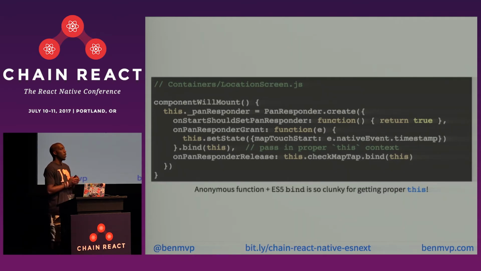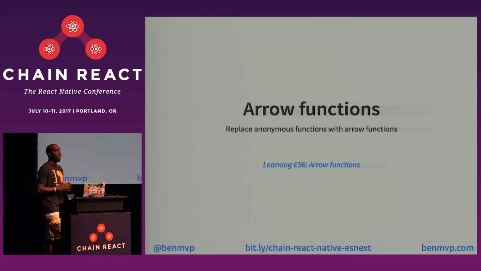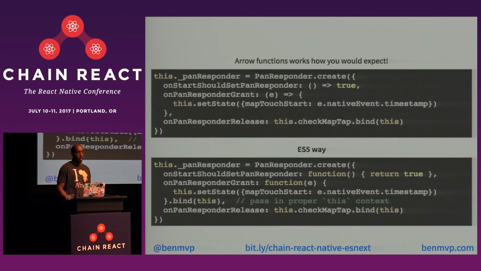So what's really annoying to me is particularly having to bind that this inside of an anonymous function. I wish there was something better that will kind of handle the this context for me. And that is exactly what arrow functions give us. So if we replace this code with arrow functions, it looks a lot cleaner, a lot less code, but then it also works functionally as well. Arrow functions are both syntax as well as functionality. So now in the arrow function, if we just want to return true, it's this simple short syntax, and I'll explain how that works in a second.